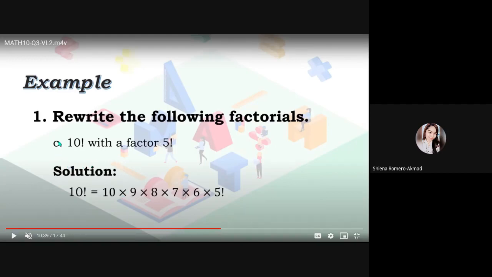So, katulad dito sa letter C, yung 10 factorial, kailangan i-express natin siya with a factor of 5 factorial. So, from 10 times 9 times 8 times 7 times 6 times 5 factorial, hanggang makaabot ka dun sa factorial na kailangan. Okay? So, bibigay ako kasi last example na yan dyan sa number 1. I have 20 factorial and I want you to factor it out, at kailangan, one of its factors is 11 factorial. What is your answer? What should be your answer?